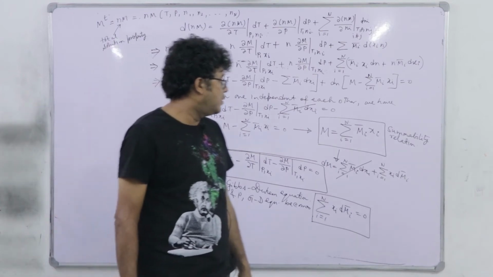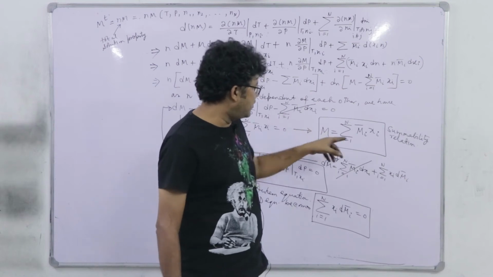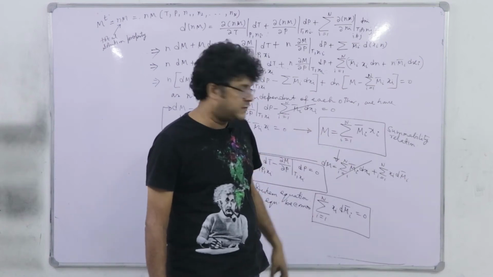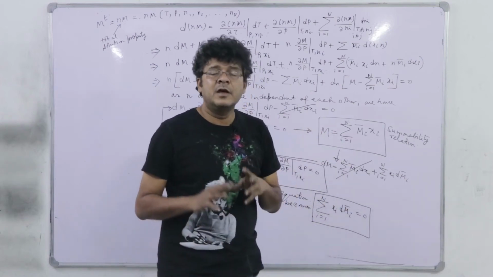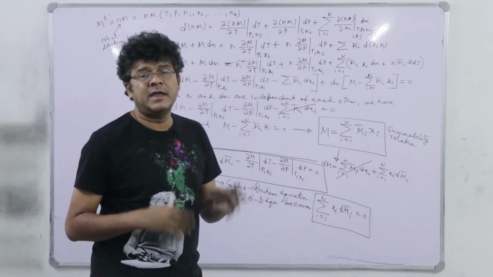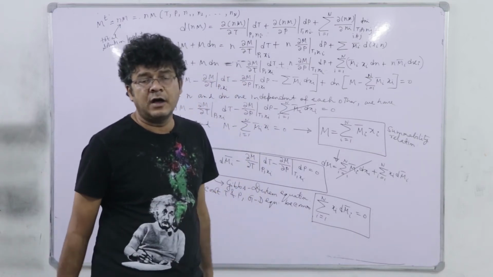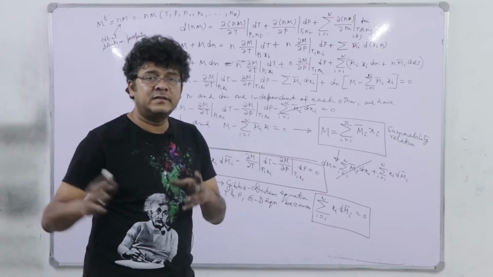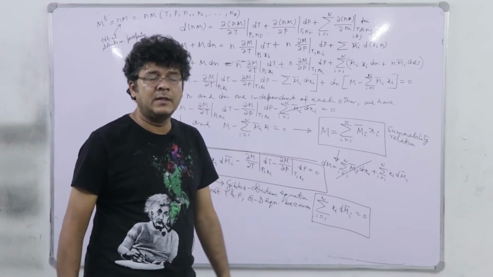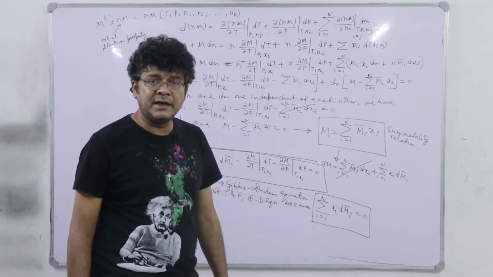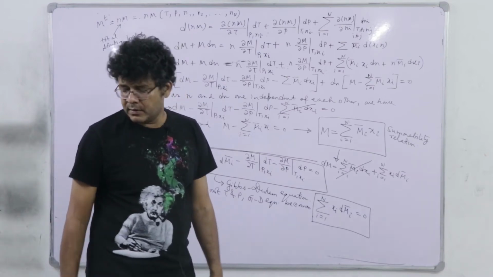Okay. So, we want to get this reverted. Here m is expressed as a function of mi bar, here there is a relation, but what we are thinking of, that mi bar is expressed as a function of m or its derivative with respect to xi and all. That is only possible for a binary system, okay? Because